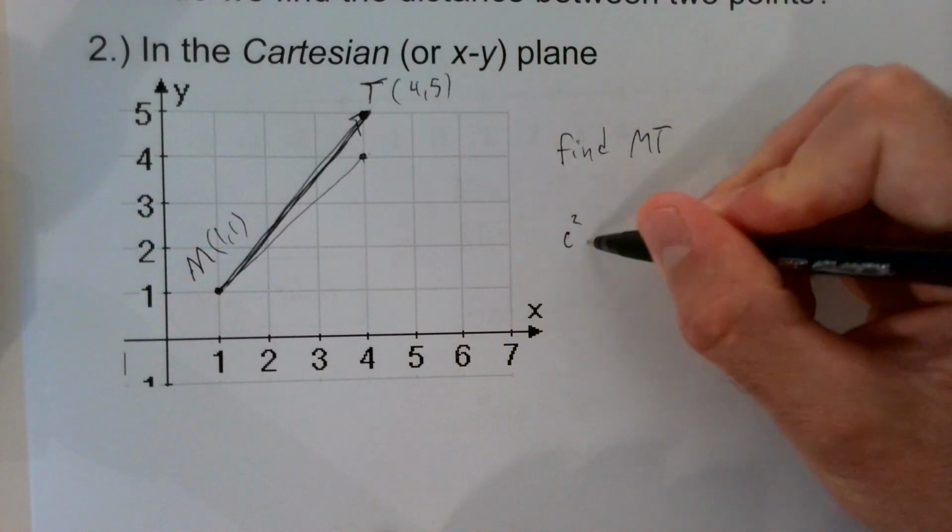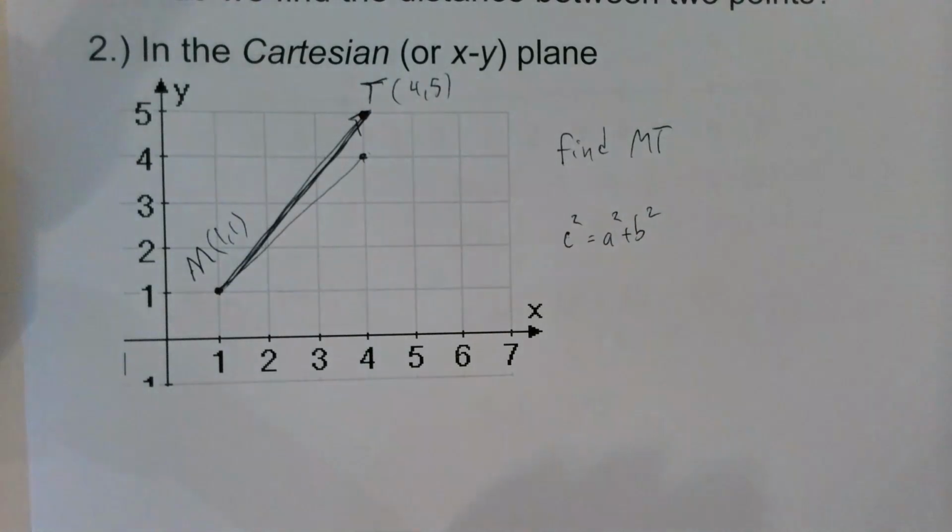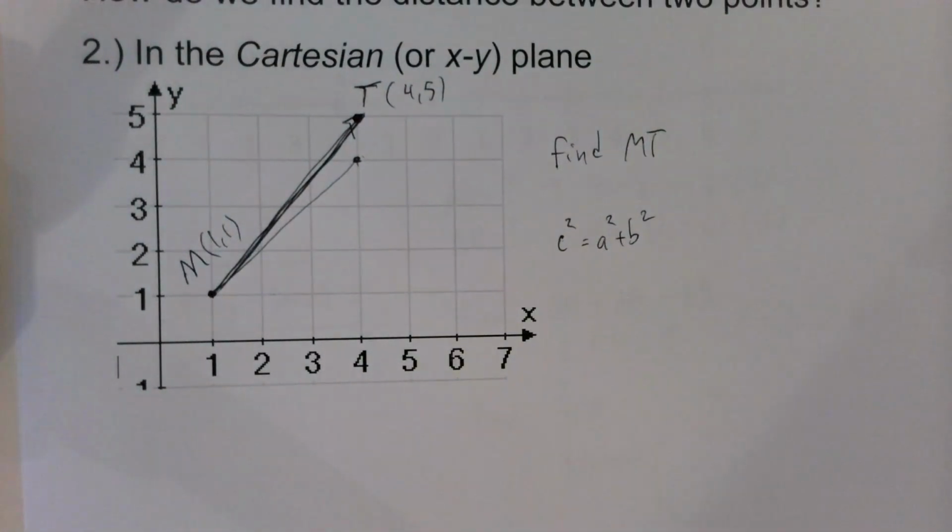c squared equals a squared plus b squared. This is called the Pythagorean theorem. Some of you are looking at that and going, yeah, I know Pythagorean theorem, but you only use that for right triangles. I don't see a triangle. I just see a segment. So what I'm going to do is